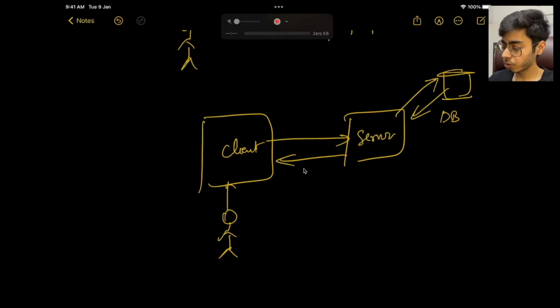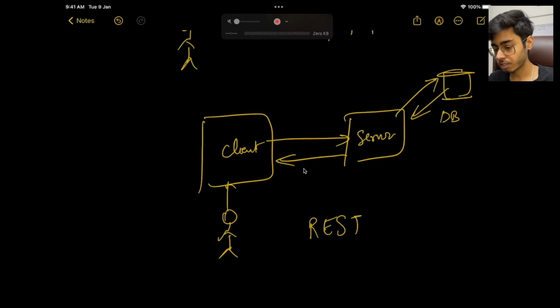But this whole communication system cannot just happen, right? There needs to be some protocol, some set of rules, because if the set of rules are not defined on the internet, everyone will come out and make their own set of rules, and no system will be able to communicate with each other. Client will not be able to understand server language, and server will not be able to understand the client request, right? So that's why some architectures, some frameworks have been built to define the set of rules. And one of the frameworks is called REST,